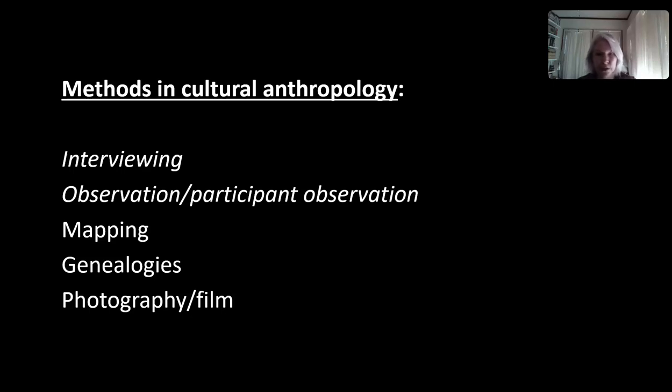So although it feels like an everyday conversation in some ways, the interviewer is bringing particular issues to the table. You may end up digressing and talking about lots of other stuff, but your goal as the interviewer is to try to get your questions answered in some way, because that's what you're trying to learn about. Interviews take a lot of different forms, and I'm going to talk about a couple of those variations in a minute, but for now, suffice to say, having conversations with lots of different people in a field site,